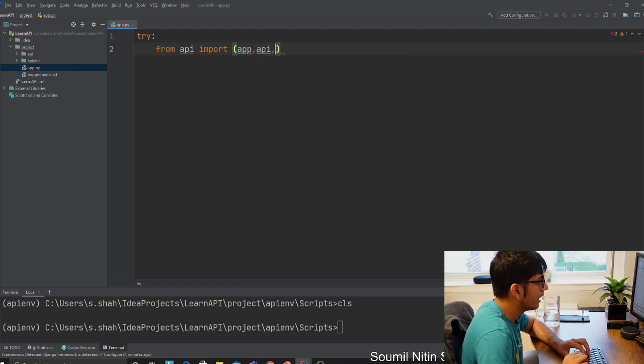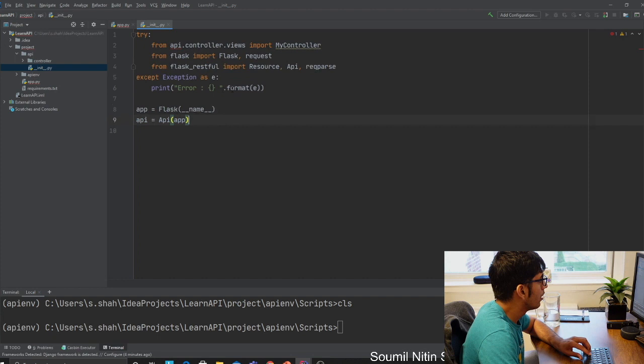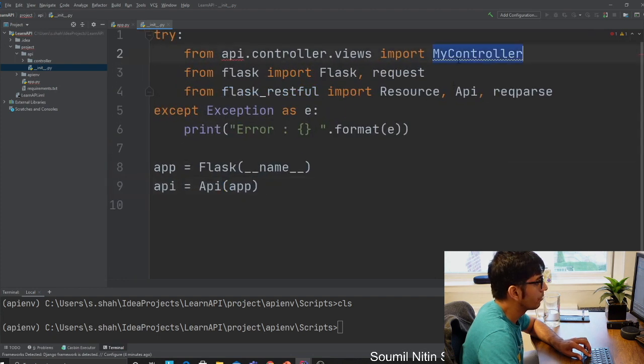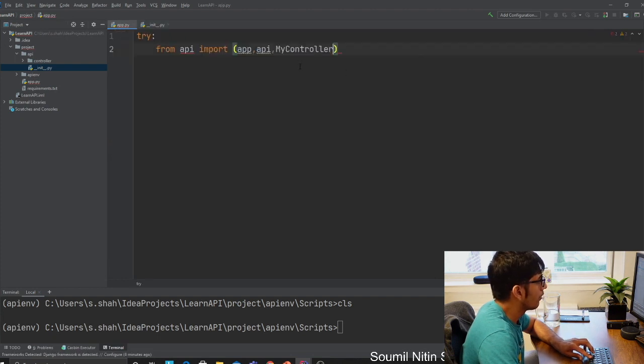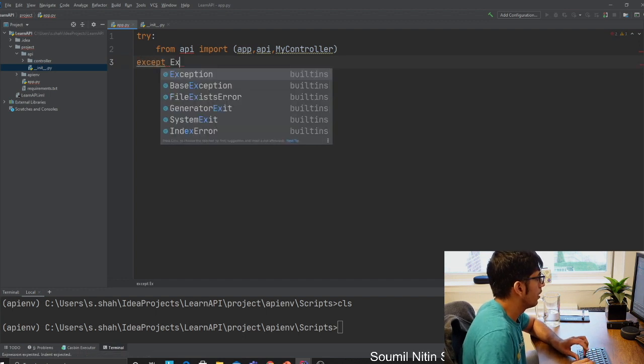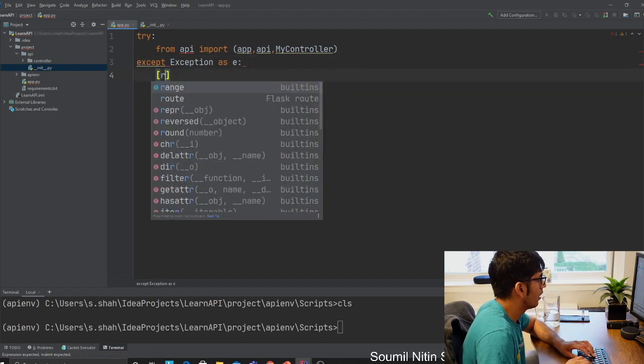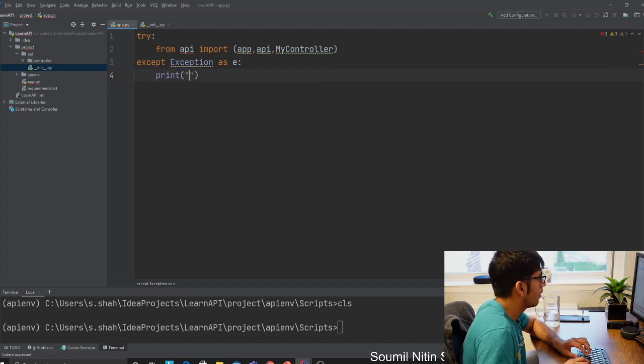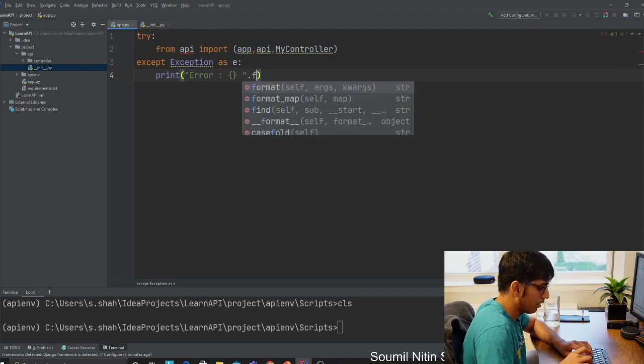I want to import the API instance, and I also want to import my controller, which I just defined in the dunder init method on the API. The name of the thing was my controller, and I want to say my controller exception as e. You want to dump that error here.